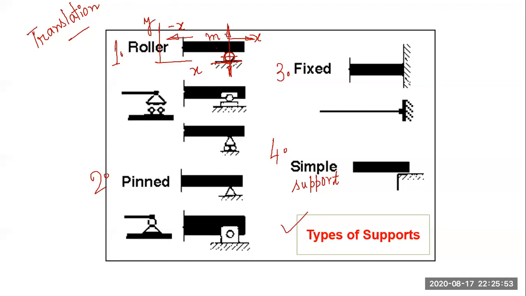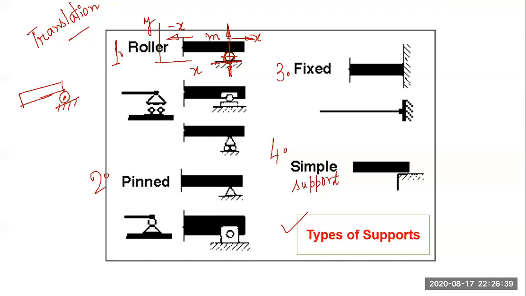Remember I told you a few minutes ago that while drawing the free body diagram, we have to isolate the main body in consideration from all the environment or the surrounding, and we have to draw all the active and reactive forces acting on the body which is in consideration. So all the supports and joints have to be removed or isolated. So if this is a beam and the beam is rolling over this roller,